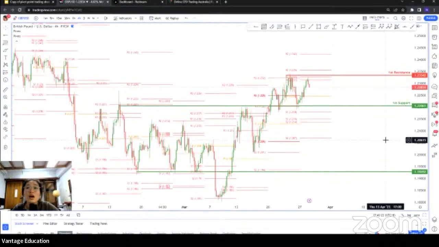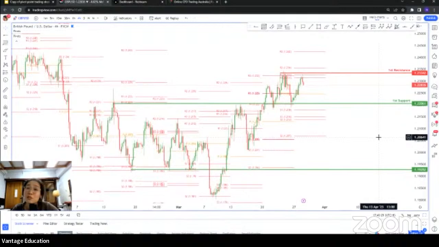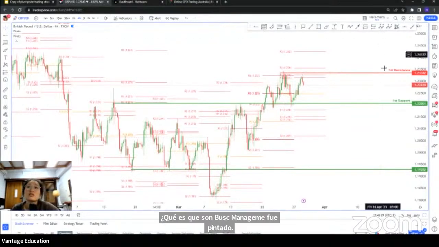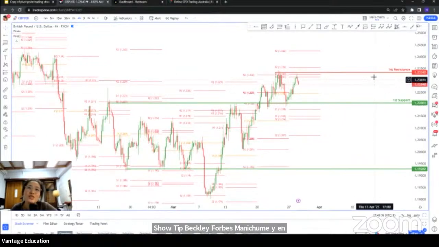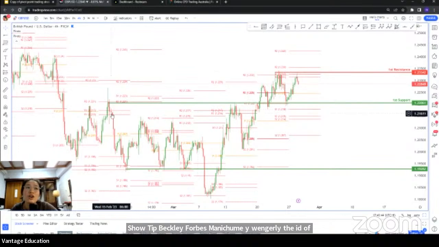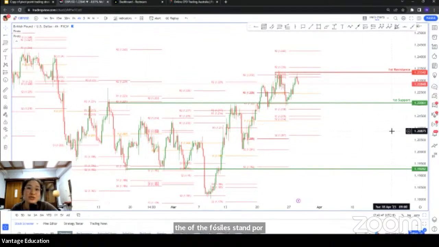Okay, so risk management for pivot points. Typically for risk management, when you trade, you won't exactly trade at this first resistance, first support. These levels are just important for looking out for reversals or when price bounces off these levels. So when you actually trade and you go in for your entry and you're deciding where to put your stop loss or your take profit,